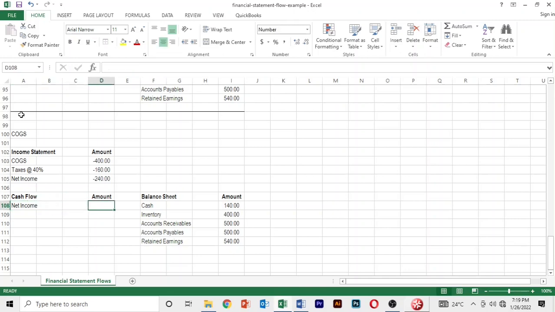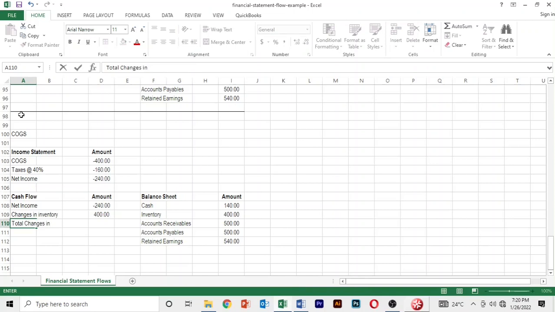and our net income obviously it's 240, right? But here we want to record the decrease in inventory, because this was a credit sale and obviously we sold 400 worth of inventory. Okay, so we're going to say changes in inventory. Okay, obviously it's positive. Okay, then here we're going to say total